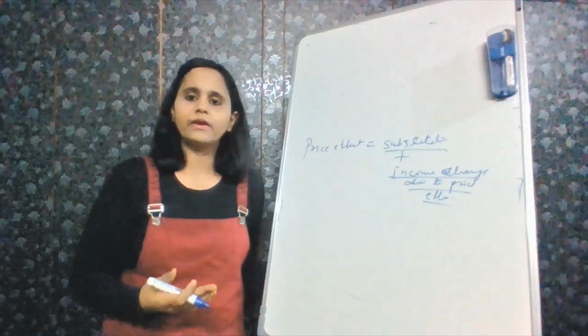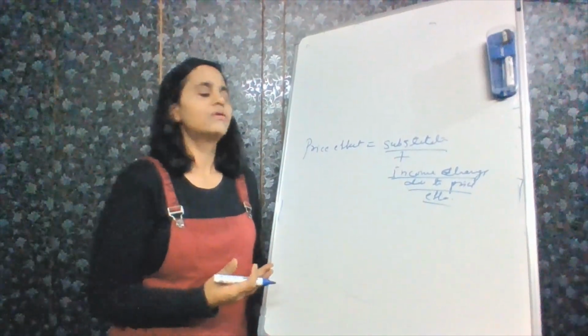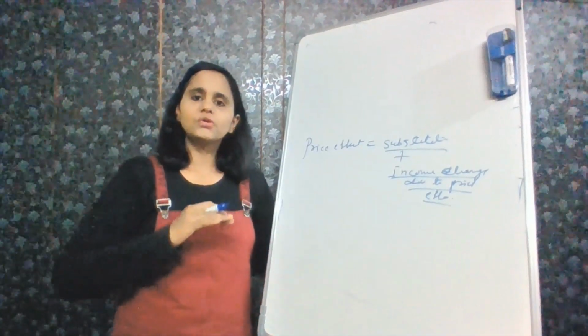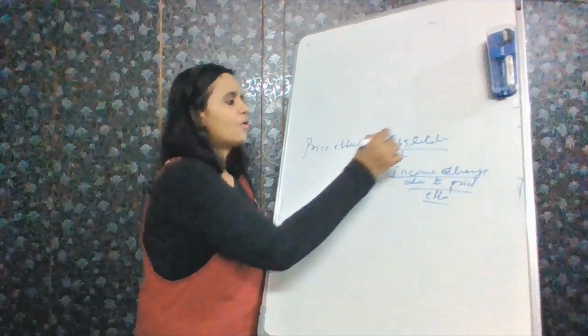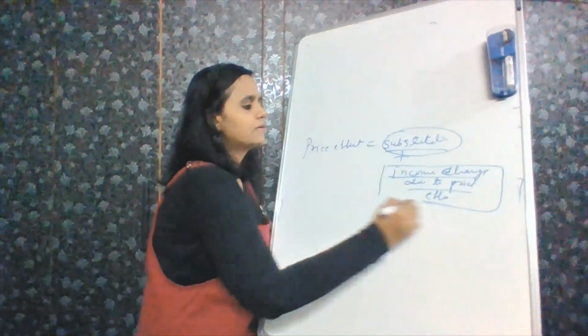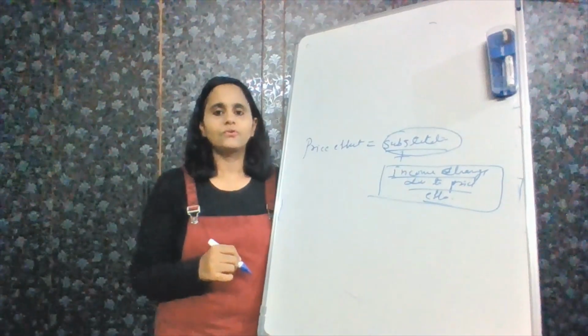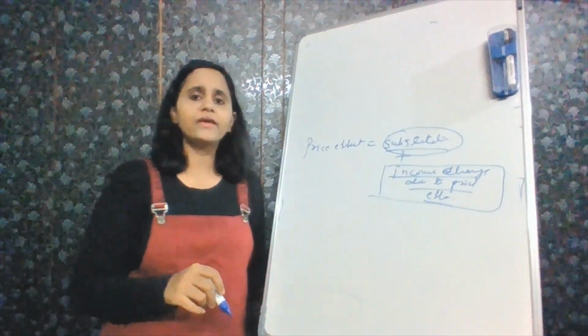So this is basically the summation of these two. In welfare economics, the aim of economists is that, because of a price change, the change should happen only because of substitution, and they want to remove this income effect. That is the part of welfare economics. Why are they trying to do this?